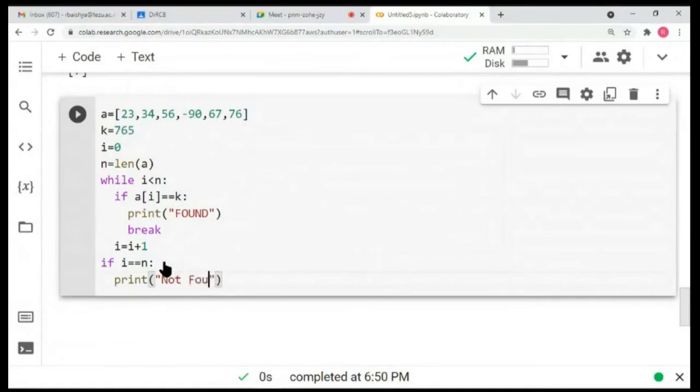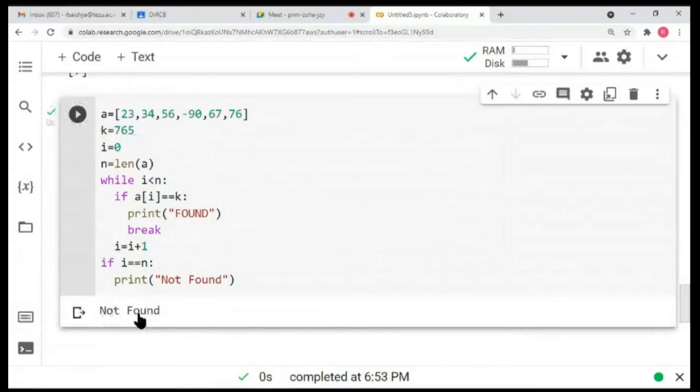Now let's see. Let's say we are checking for 765. Since it's not there, it should say not found, and it's the right output. Say for example, again, let's see whether it gives us the right output. If we search for the element, say 56, it says, okay, the element is found. Great, then you learned how to write a program that checks if a given element is present there in